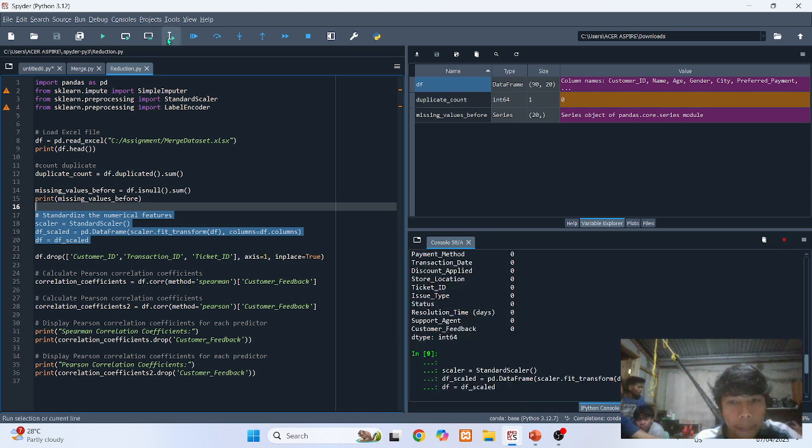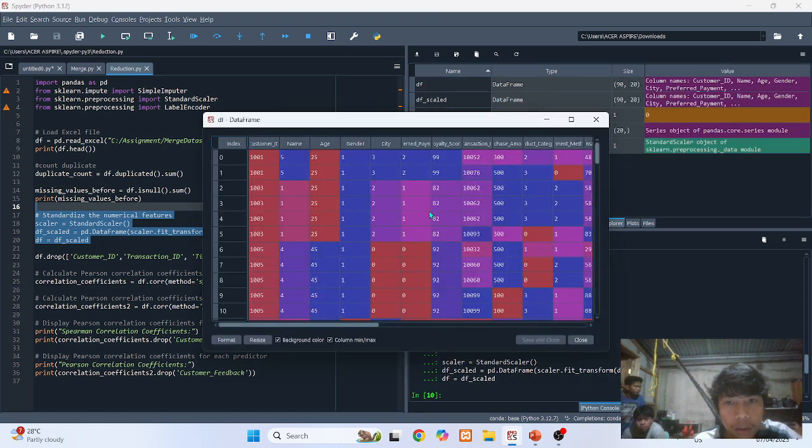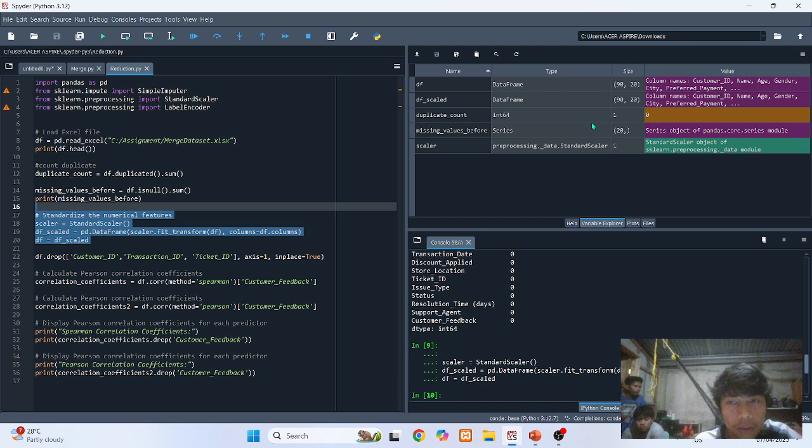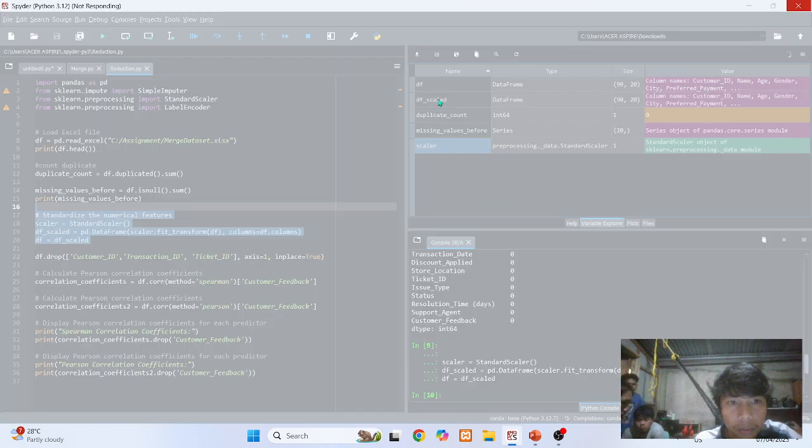So as we check the DF, it should be filled with the scaled values, since it is in the scaler.